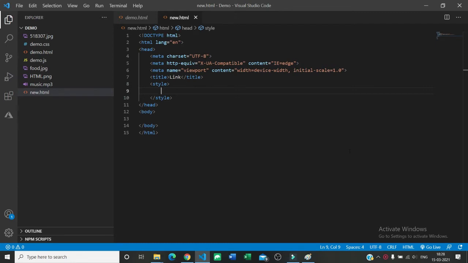So if I'm giving like three or four paragraphs, and I just want to style one paragraph tag, then I am using selectors. How are we going to do it? Let's see.